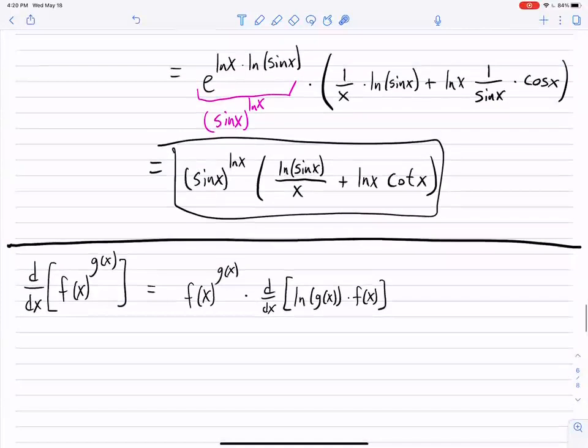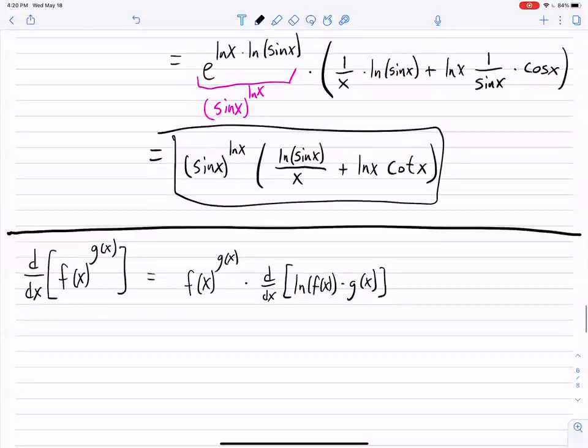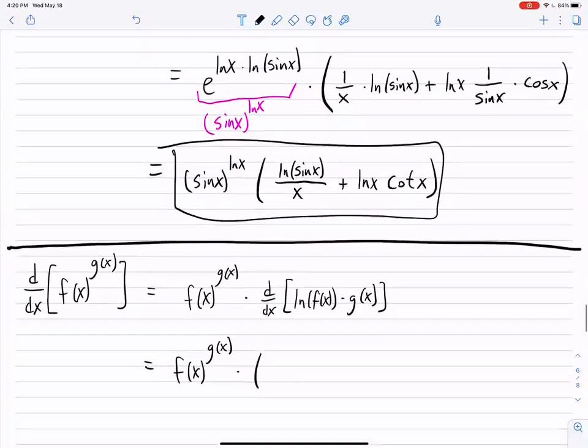Because using this fact, we can take the natural log and bring the g of x down, and it's e to the g of x times, oh, actually, sorry, this should be ln of f of x times g of x. There we go. And then what is that equal to? That's going to be f of x to the g of x times,